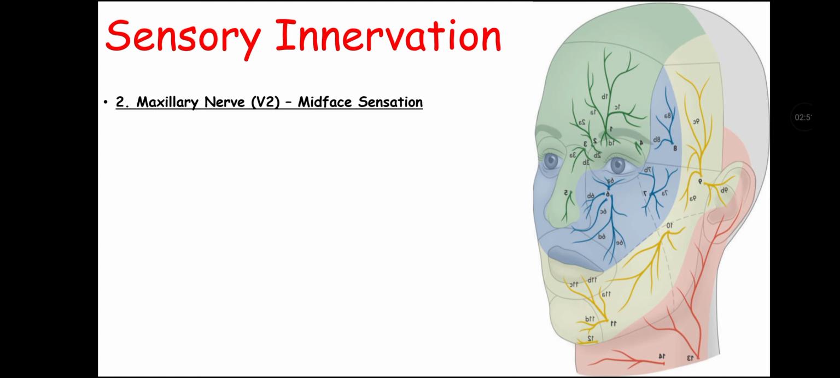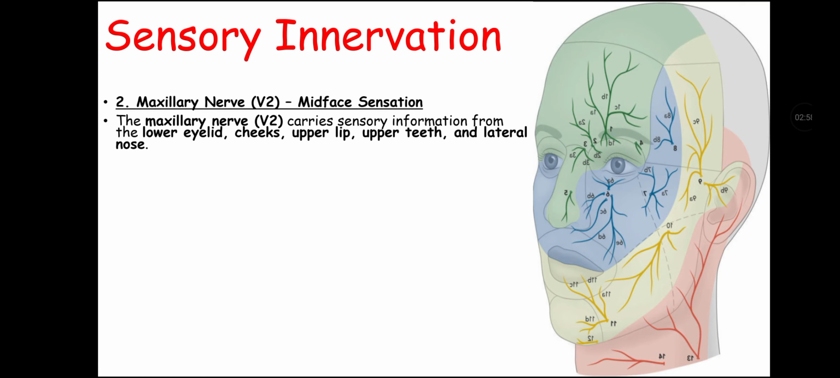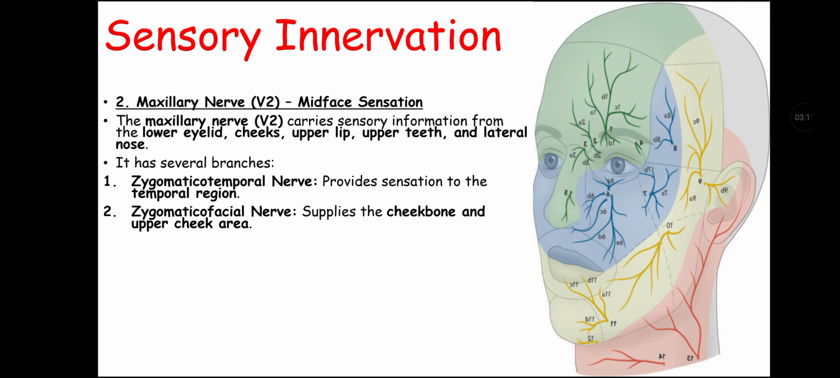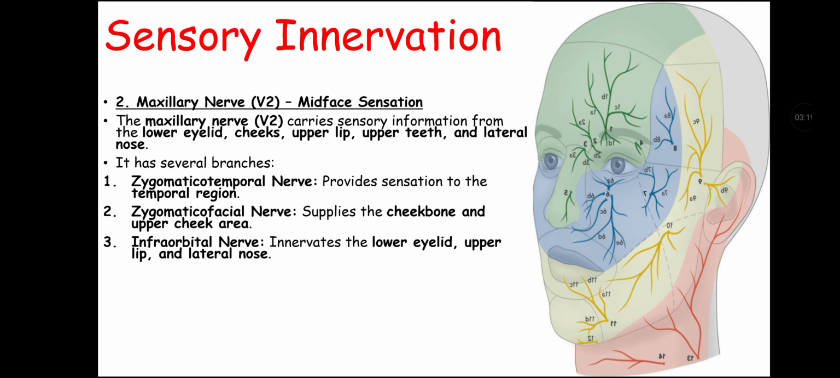Further we have the maxillary nerve, that is the second branch of the trigeminal nerve, and that supplies sensation to the mid face. The maxillary nerve carries sensory information from the lower eyelid, cheeks, upper lip, upper teeth, and lateral nose. It has several branches that include the zygomaticotemporal nerve that provides sensation to the temporal region, the zygomaticofacial nerve that supplies sensation to the cheekbone and upper cheek area, and it also has the infraorbital nerve that innervates the lower eyelid, upper lip,